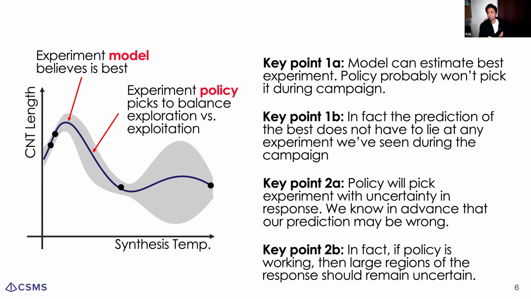It can be off by an order of magnitude, and that's still fine, which is not acceptable in machine learning. So you could totally have a model that says this is a good recipe, and that can be correct with respect to the ground truth, but the actual prediction of the response could be totally off. So yes, all you have to be able to do is predict the location of the maxima and minima, not necessarily their value. That's a great point.